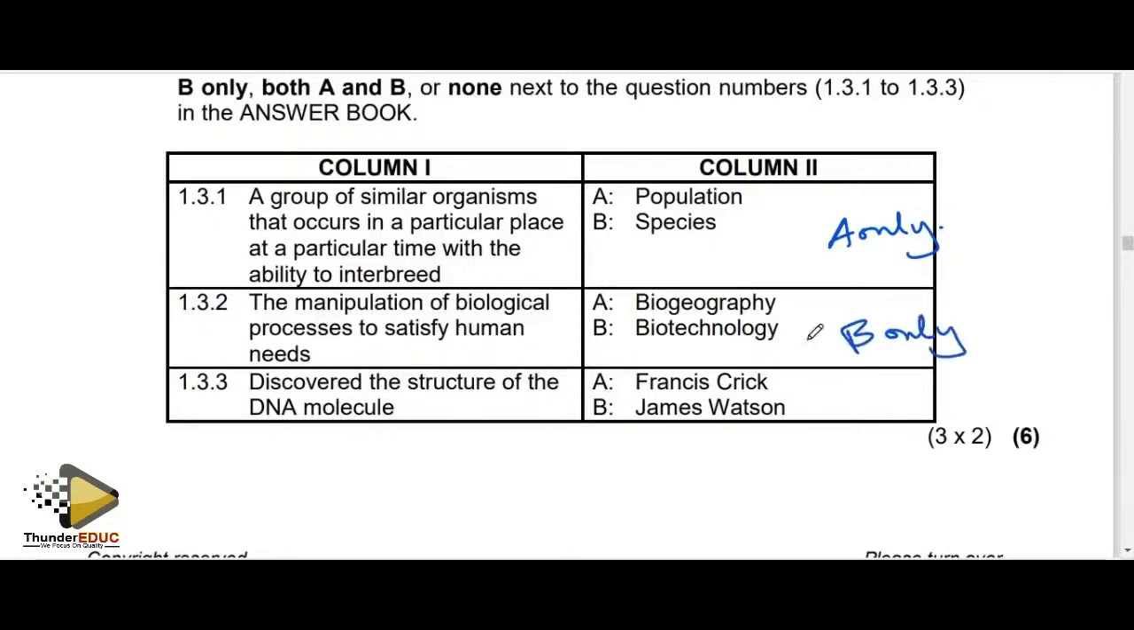only. Who discovered the structure of the DNA molecule? James Watson and Francis Crick. Francis Crick, then it means that both